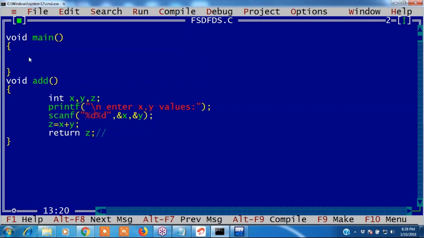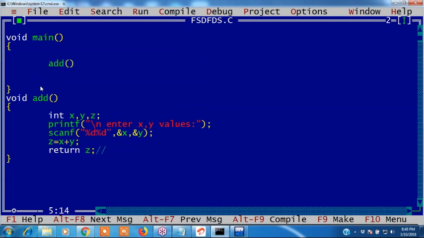Every result, whatever the result, goes to the calling function. Whenever it is written, we have to write the return type.